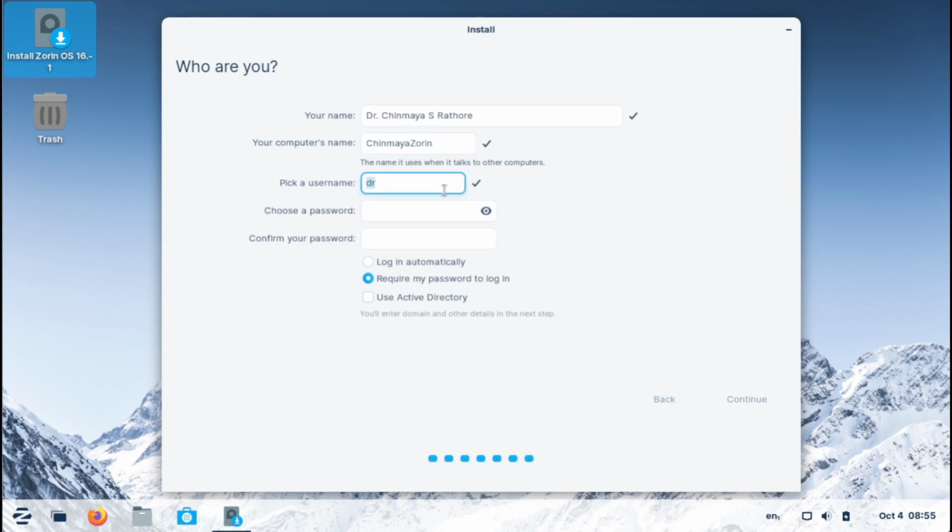Here, this is important. It wants you to pick a username. So this is different from your name. So this is your username. I'm going to use my initials. Now it wants me to create a password. So I'm going to create a password. And once I'm happy that it's a strong password, here I will have to repeat that password once again. So once I'm done, the last option is whether I would like to log in automatically or require my password every time to log in. I'll leave it here because this is a secure practice. Now I can move forward and press continue. I'm going to do that,